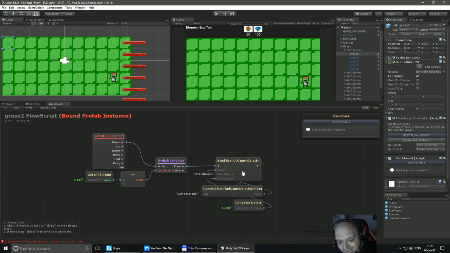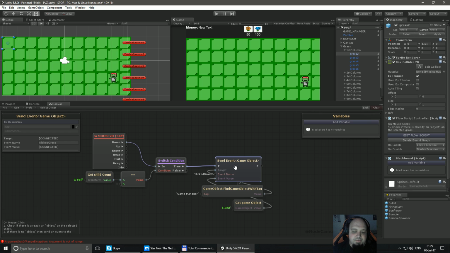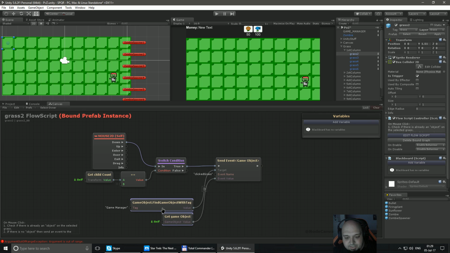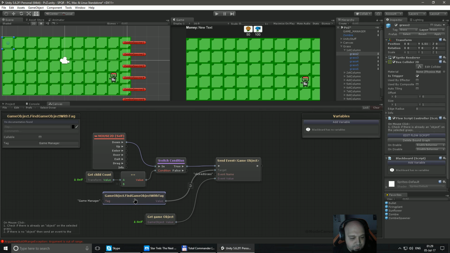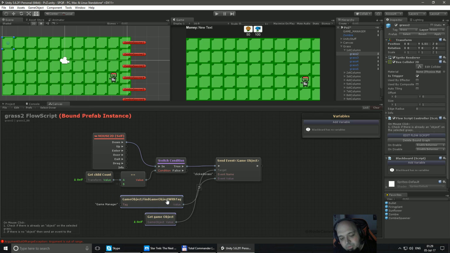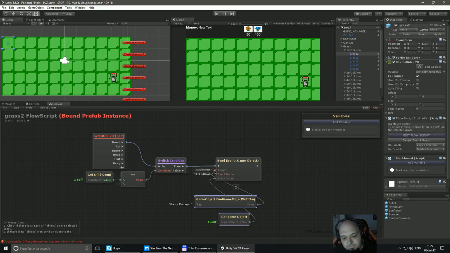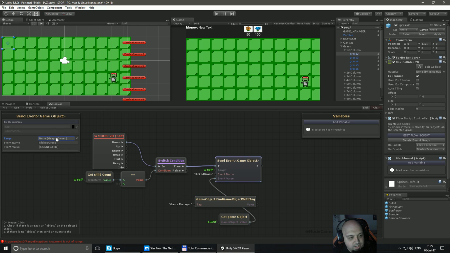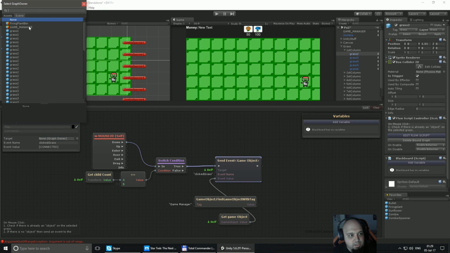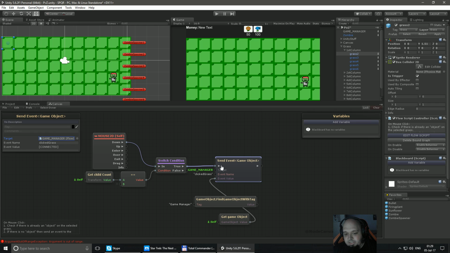Okay, so another thing that's important right now, as you can see, we are sending an event to this target, and the target is basically this game object, find game object with tag. The reason why we do this and we don't just, I mean, if I unclick this, we see we have a graphic like this, and we can just specify the game manager like this. This will work just fine. The problem is that